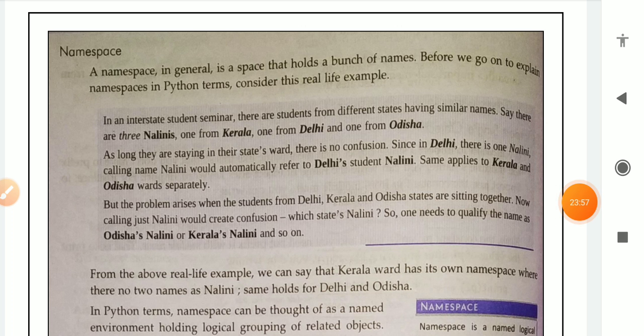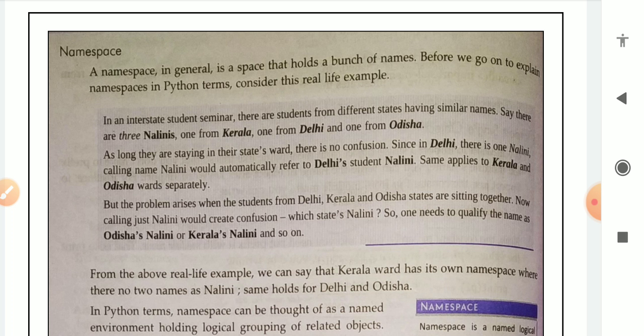For removing the confusion we are using namespace, because all three students have the same name but they are coming from different states. When they are sitting at different places, then there is no problem, but when they are sitting in the same place, then it becomes difficult. So for removing this problem we are using namespace.